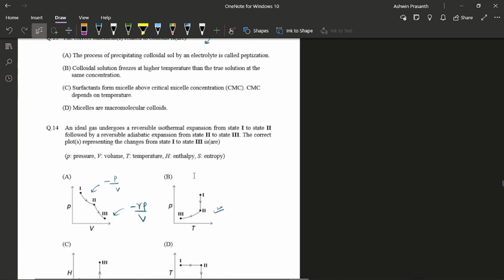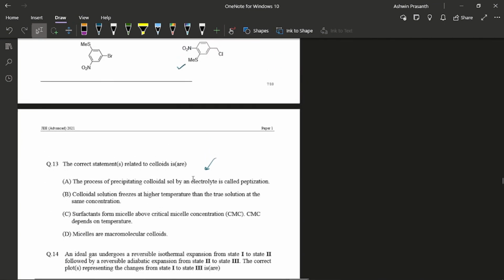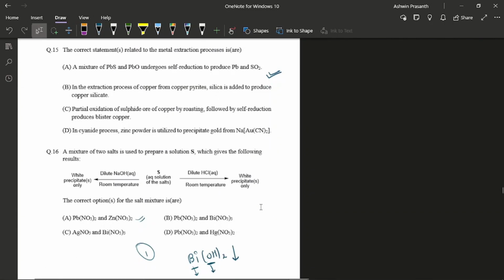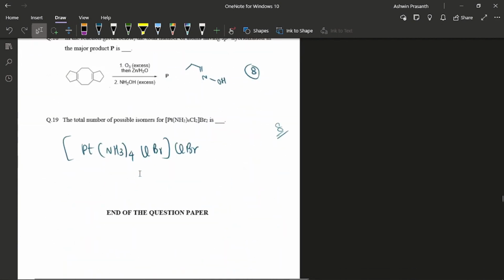And then this question I tried again, but still I was very doubtful because of the different terms. Like in one option I would forget one term, like maybe peptidization, and in the other option I forgot this. So I think I finally marked... no, actually I didn't mark anything. I left this and I didn't get marks here. So yeah, I left it, and then the rest was fine.